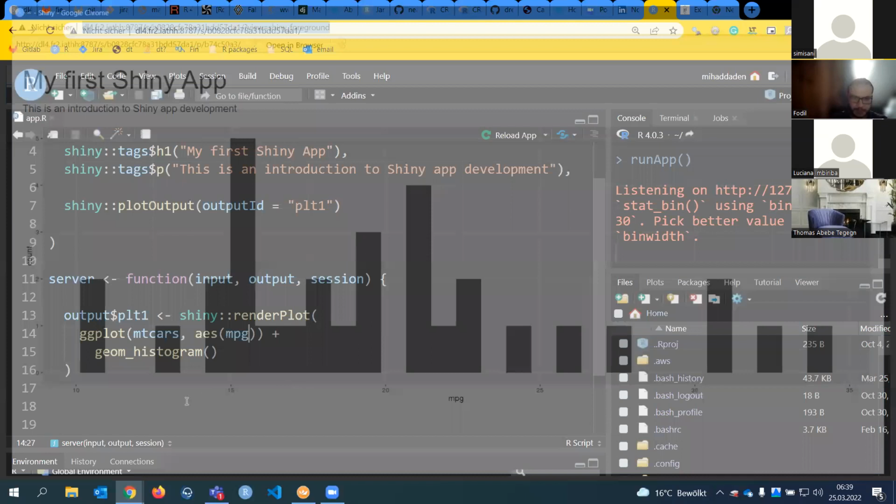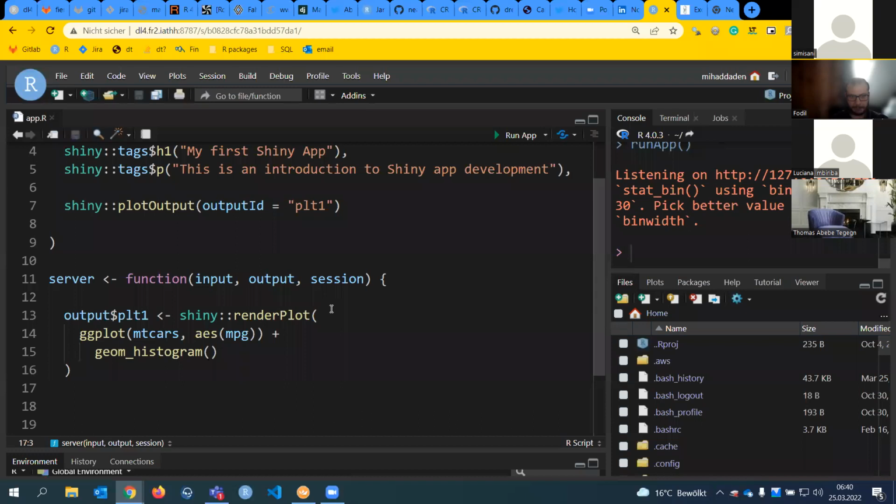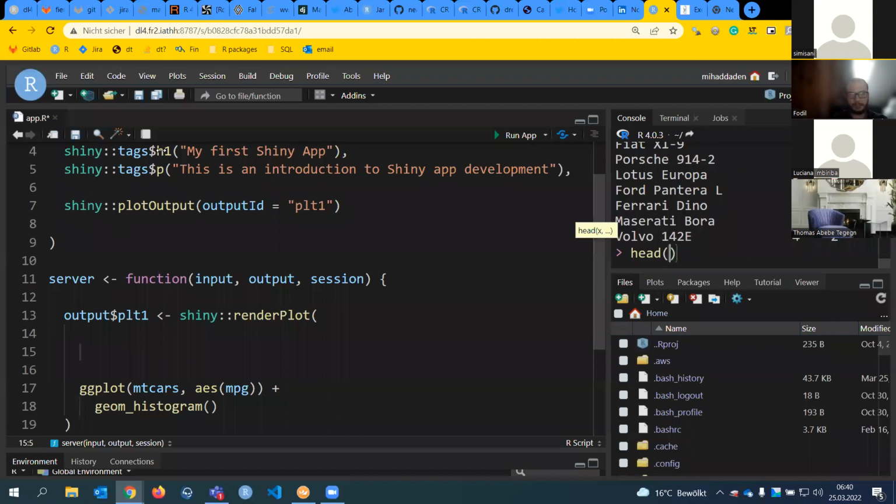Quick thing. It's important if I'm inside my renderPlot here, right? Let's say I want to take, for example, if I check mtcars very quickly, if I do a head of mtcars, or let's do a view. You can see that it has the following columns: mpg, cyl, disp, etc. So let's say I want to take the first 3 columns.